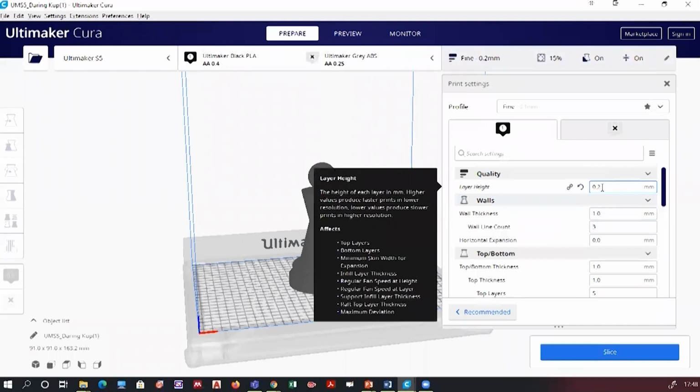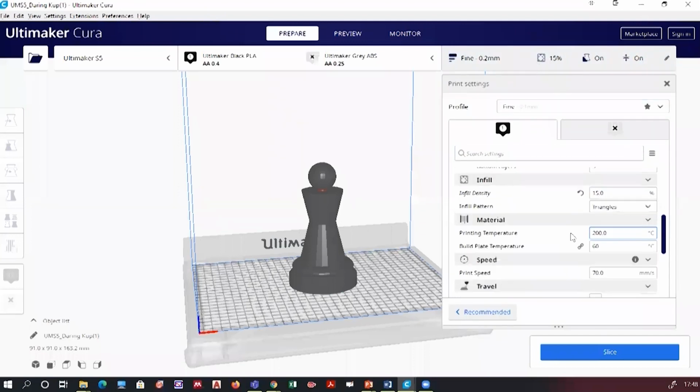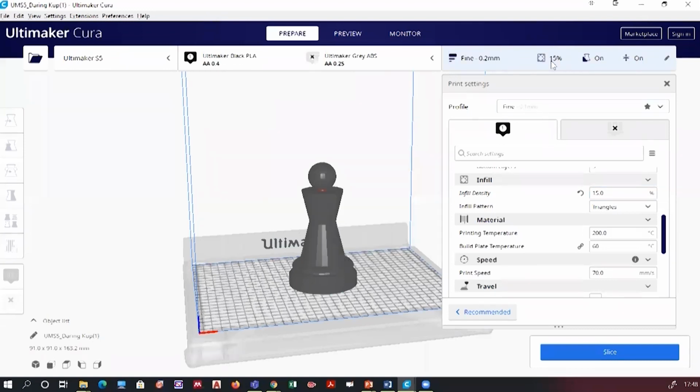When you click on this menu, you get an option to select the thickness of your layer height. Presently it's 0.2. The thicker the layer, the more time it will take for your 3D model to print. I will just keep it 0.2 only. Also there is an option of mesh percentage. If you go down, you will see the infill density. When I show you the slicing, I will show you what infill density means. Actually, it is the material which fills inside, making it solid, kind of a mesh. So the mesh density is given by a percentage.